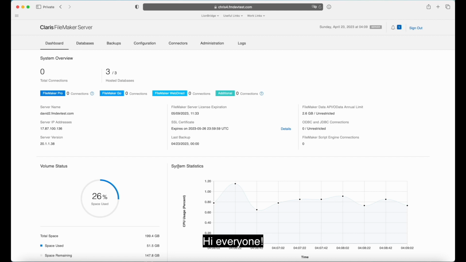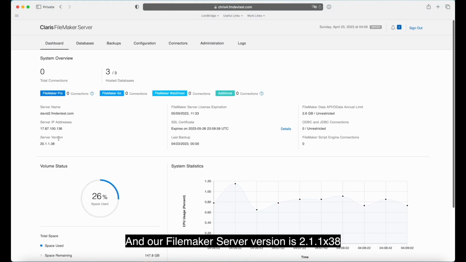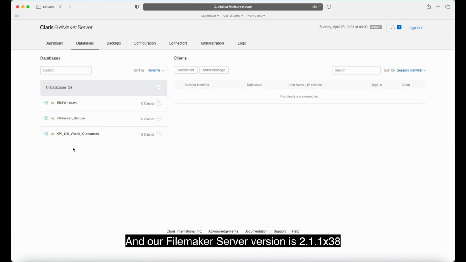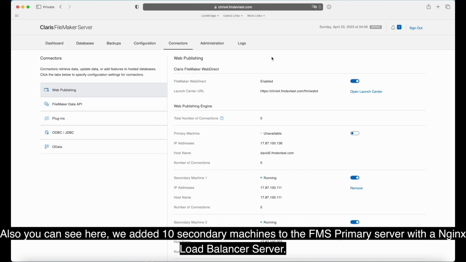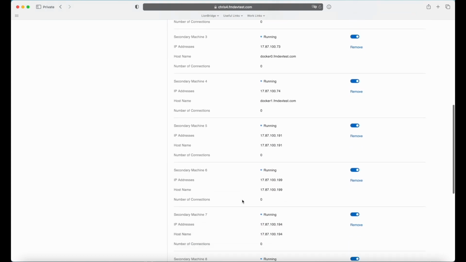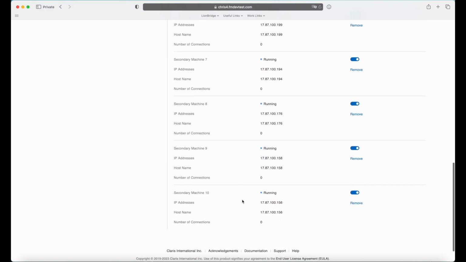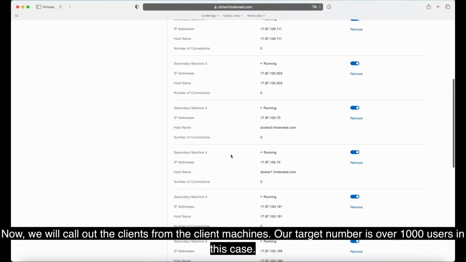The setup here is the same like the diagram on the previous slide. We have Nginx Plus load balancer, we have primary server, and 10 secondaries. We start with 0 connections, and we have 3 databases. And here, you notice that we disable the WebDirect on the primary server. And you notice that we have 10 secondaries, and some of the secondaries are Docker container. You can do mix and match here